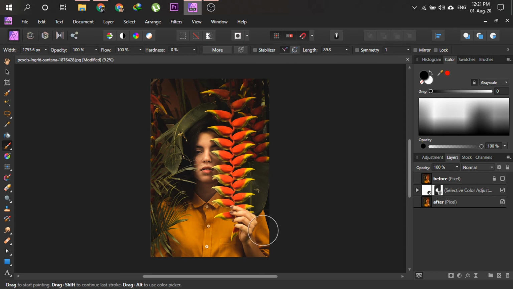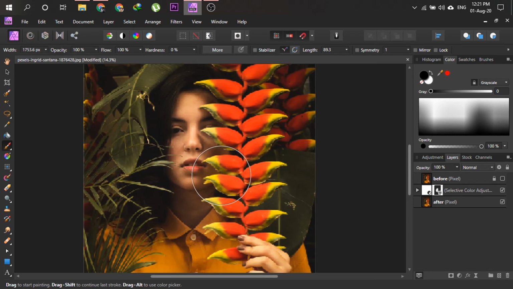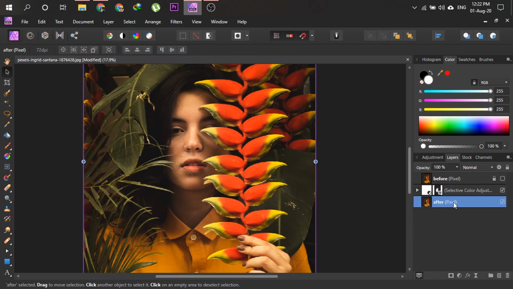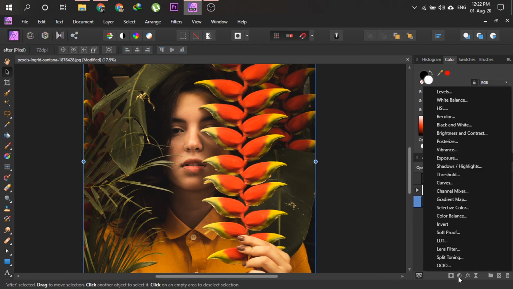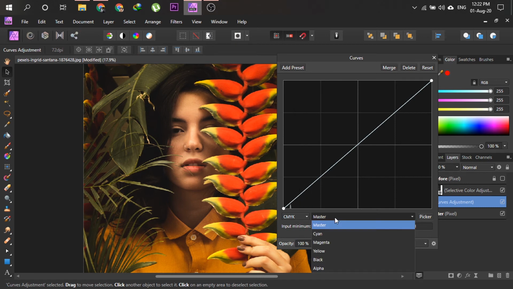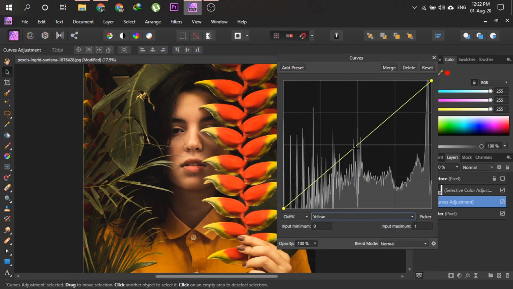After you have completed this step, let's add one more layer to see if the image looks good. Select the move tool, select the after layer, go to adjustment layer and select curves. In curves we are also going to change the CMYK and from that select yellow. This part shows the shadows of the image and this one is the highlights.